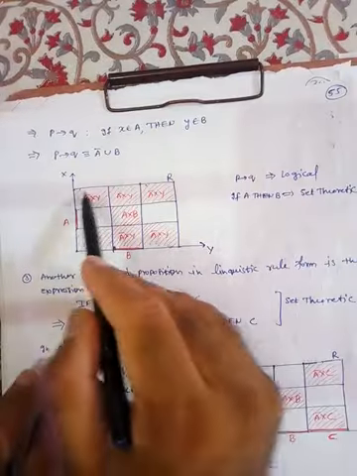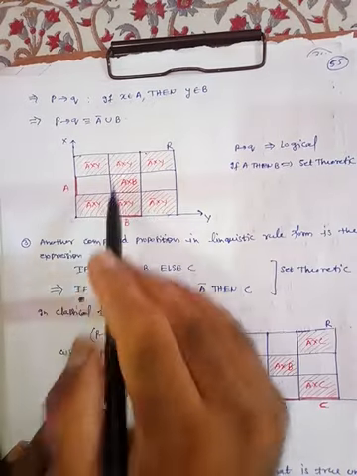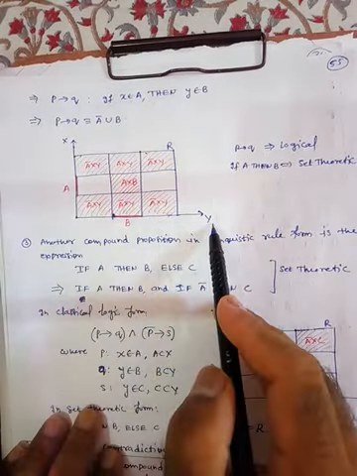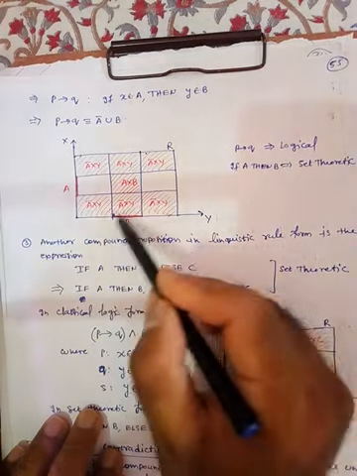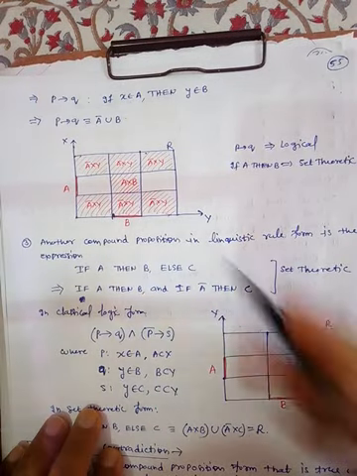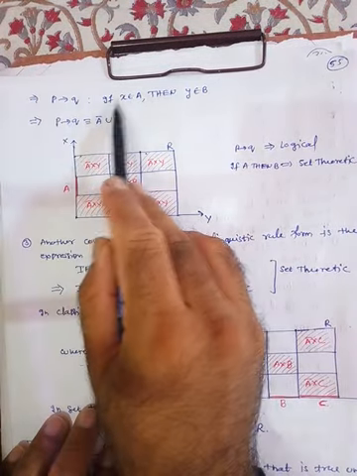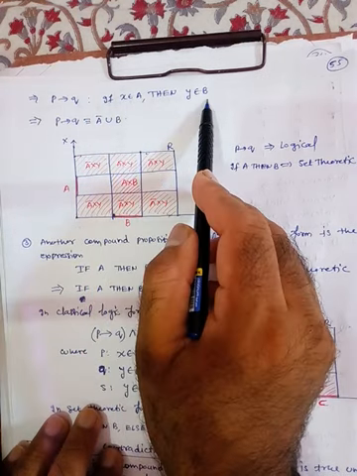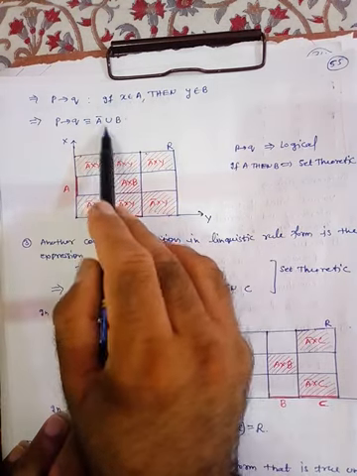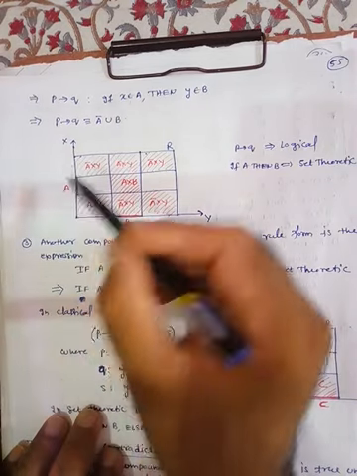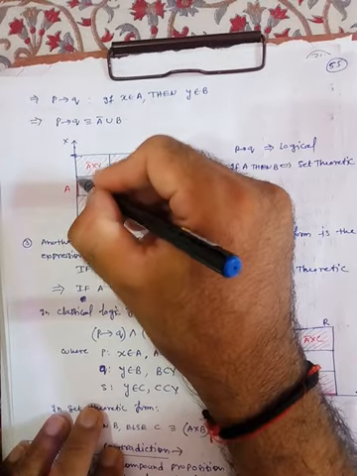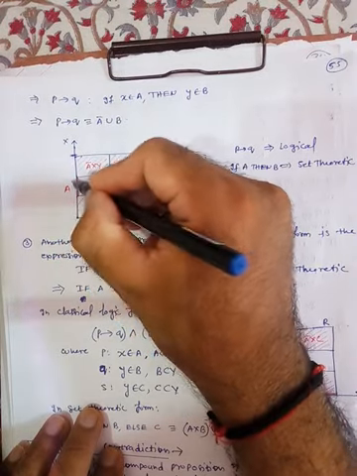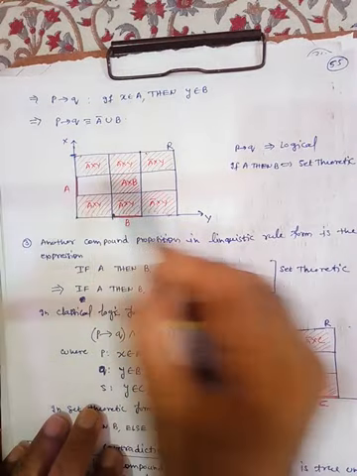Now this is A, the shaded part. This is X, this is Y, and A is a subset of X, B is a subset of Y. Now P implies Q means if X belongs to A then Y belongs to B, or equivalently A bar union B. So this is A, and A bar means A complement. This part will be included, and this part will not. Then we take its product with Y.